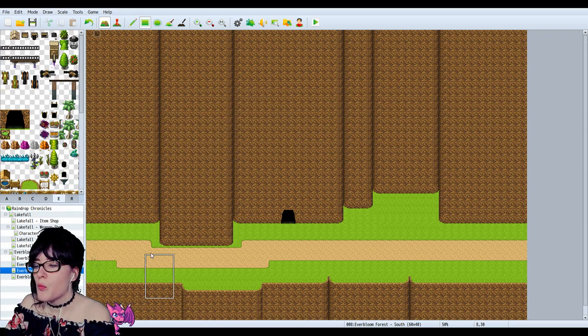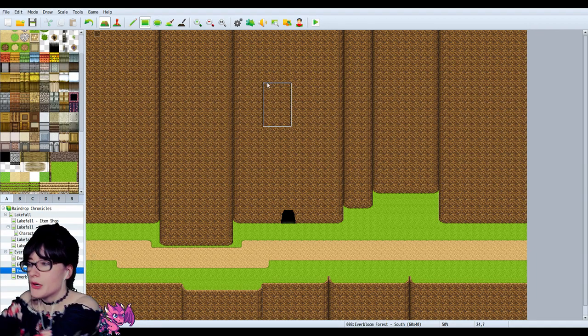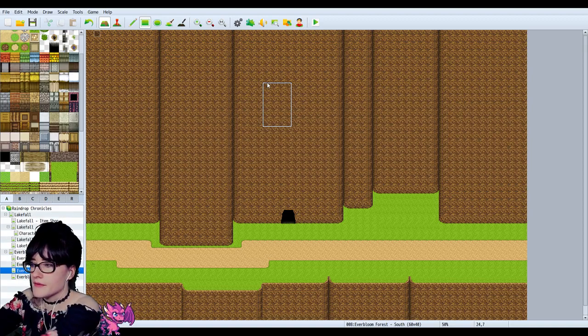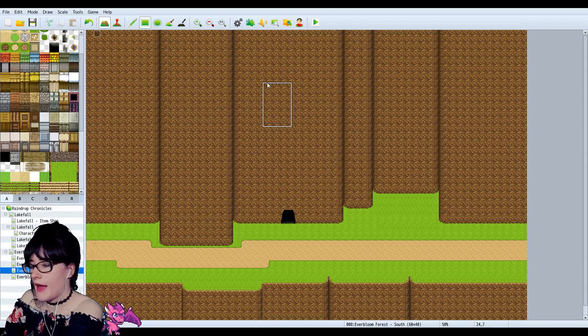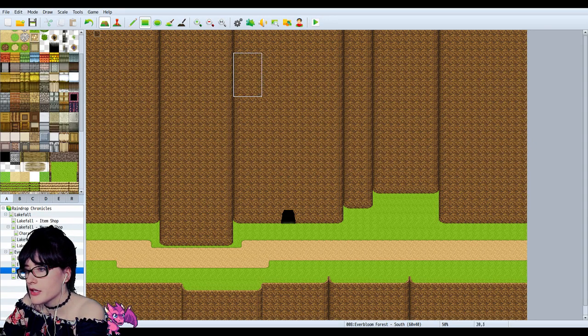Yeah, as I was saying, one thing we can do to make this map more exciting is to break things up, because it's very long. We've broken things down horizontally, but it's very long vertically, and we might want to break that up a bit. So something we could do is...